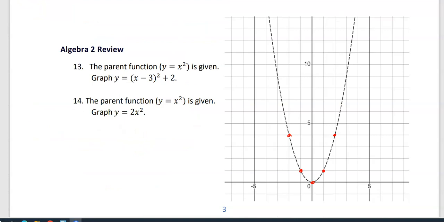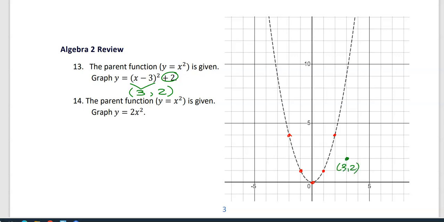Okay, so for the first one, one of the conversations I will have about functions is what makes that x value equal 0. That tells me how much I'm shifting left or right. In this case, I'm shifting 3 to the right, since 3 minus 3 is 0. The second number, the addition of 2, tells me the graph is going to move up 2 units. So instead of the vertex being at 0, 0, the entire graph is moving 3 to the right, 2 up. So the new vertex will be at 3, 2